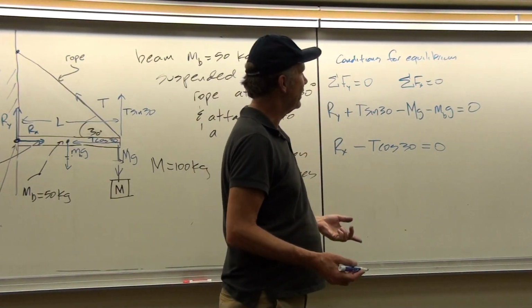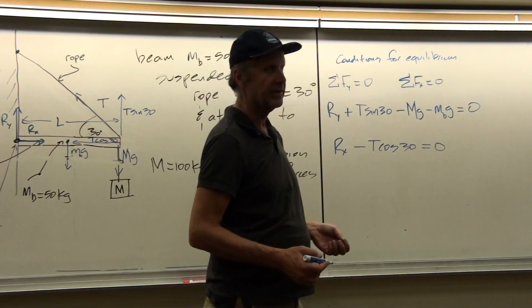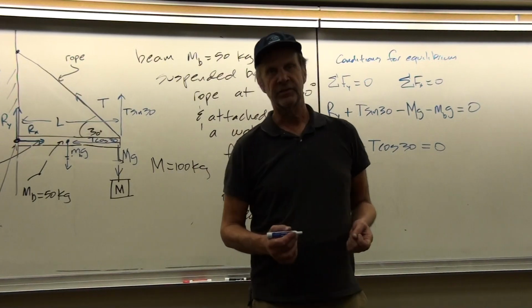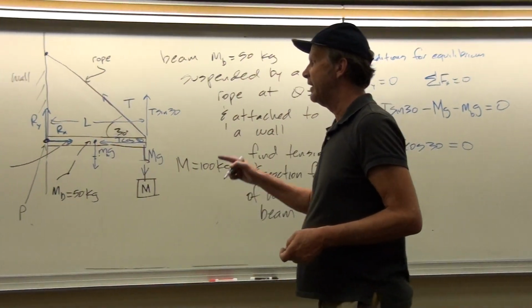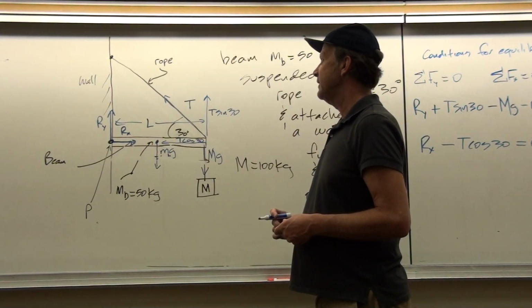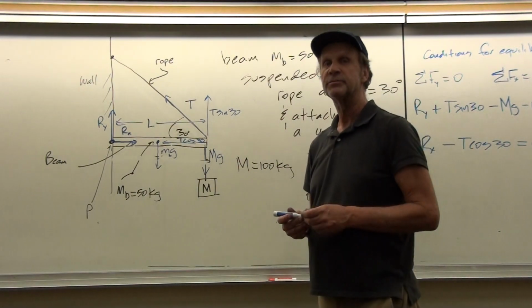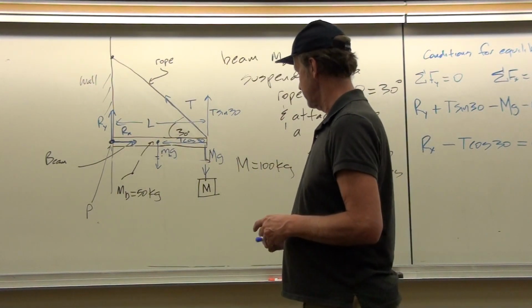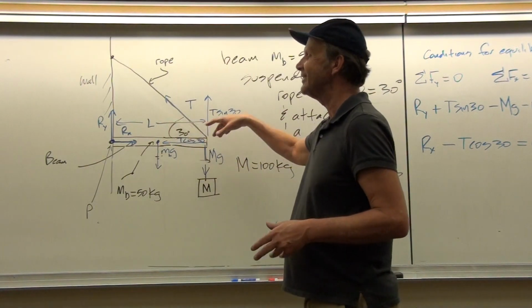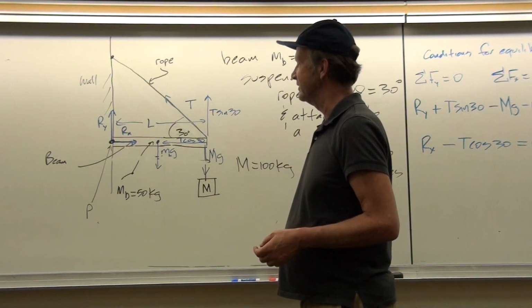How many equations do I have? How many unknowns? So that means that we absolutely must use the torque equation. So how should we simplify then this figure? This figure indicates all of the forces that are acting, but we want to try to eliminate as many unknown forces as possible so that our torque equation also doesn't have all three unknowns in it. We don't want that because that would be an algebraic mess.